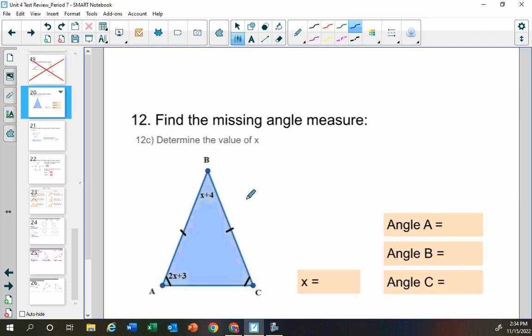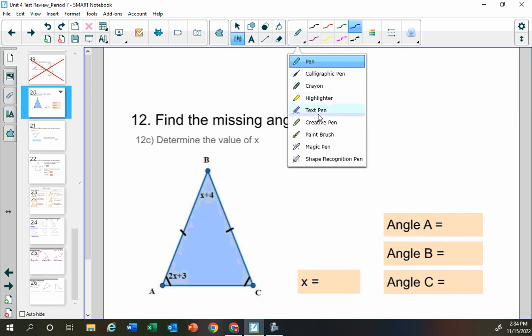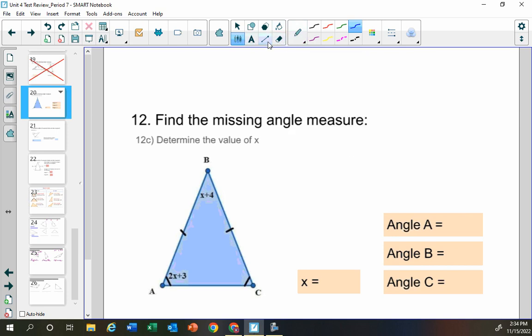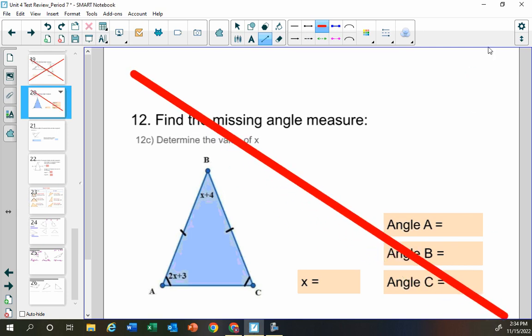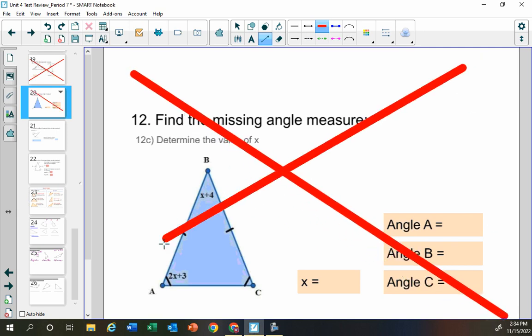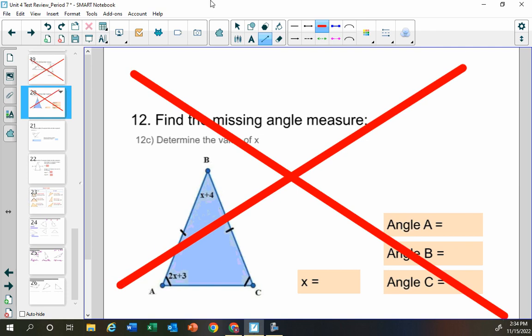In fact, you could even cross this one out. This is my fault. I forgot to cross it out. 12C is a cross out too. Sorry. Put an X. Now, the only thing I will say with this one, you would have had to do